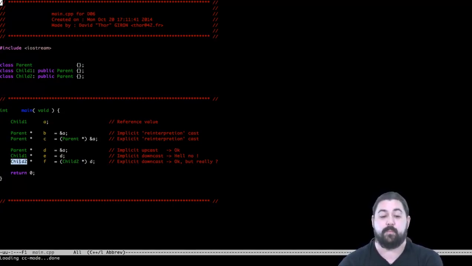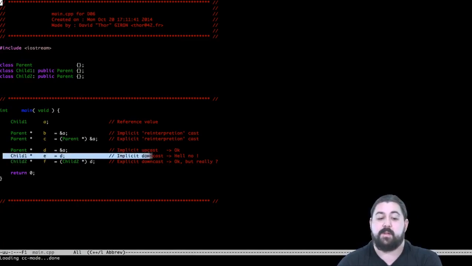What you need to know is that we won't be able to do a descending cast, a downcast, or a descending reinterpretation in an implicit way. That's something you shouldn't do. The compiler won't let you anyways. Even though we know that D, our address of parent, is actually hiding the address of child1, this line will cause issues. We'll have to use an explicit cast, but what about the next line,